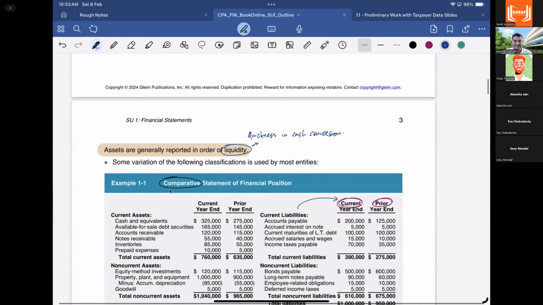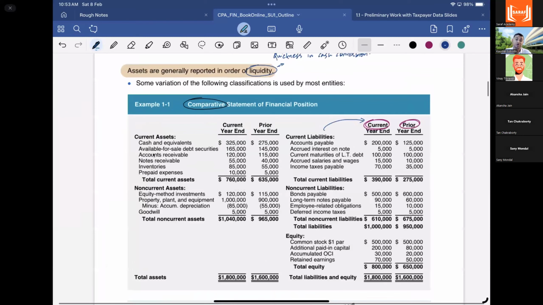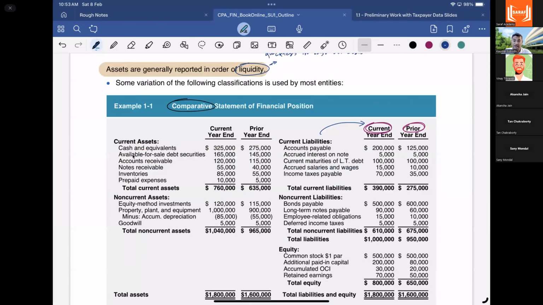So over here you can see that current assets is much more easier for you to convert into cash, right? Non-current assets is not that easy. जैसे कि अगर आप cash and cash equivalents, जैसे कि मान लेते हैं cash and cash equivalents, वो तो ऑलरेडी कैश में है, ठीक है, अवेलेबल फॉर सेल, डेट सिक्योरिटीज, अकाउंट्स रिसीवेबल, इन सबको कैश कन्वर्जन होने में एट मैक्स 1 साल लगेगा। मगर सोचो कोई प्रॉपर्टी प्लांट एंड इक्विपमेंट को बेचना इतना आसान नहीं है,